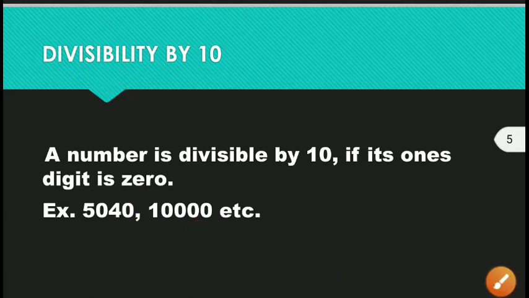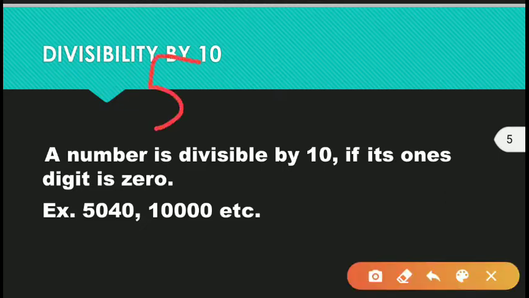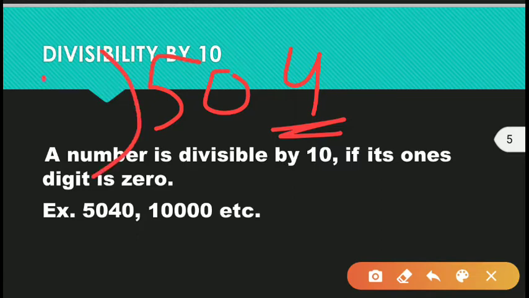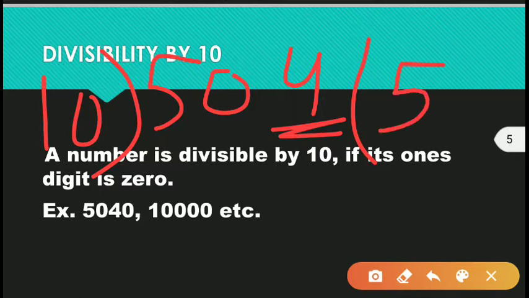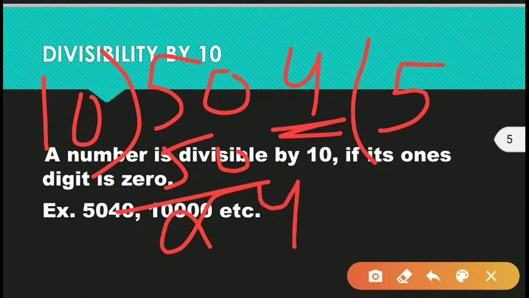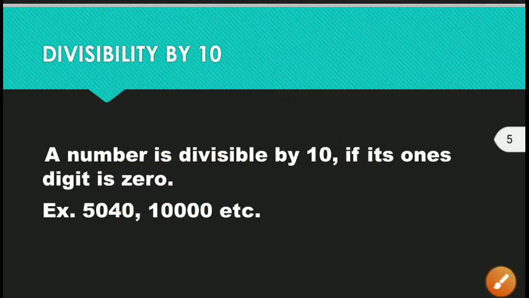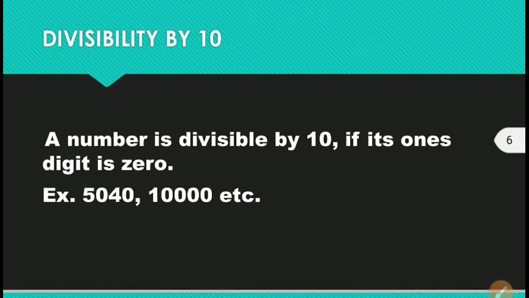If you are having a number here also, suppose 504 you are having. 504, the unit digit is not 0. So 504 will not be divisible by 10. You can also check. If you check, this will go 5 times. 50 and 4 will be the remainder. This is not completely divisible. You can also check directly that in 504, 4 is not equal to 0, means the unit digit is not equal to 0. That means you can directly say 504 is not divisible by 10.